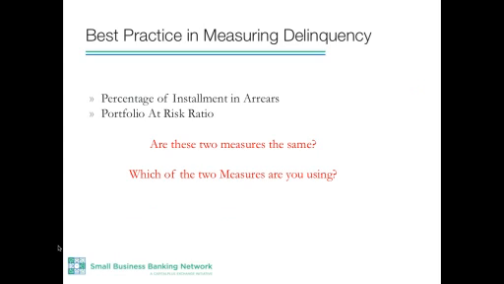The best practice tells us that using portfolio at risk ratio is very, very effective. If you look at the formula in computing portfolio at risk ratio, you don't only look at the amount that the customer has not paid, but the remaining amount of the loan that the customer is supposed to pay. Now, if he or she misses one installment, we have to keep in mind that the entire balance of the portfolio is already at risk. And this is the message that we get when we use the portfolio at risk ratio.